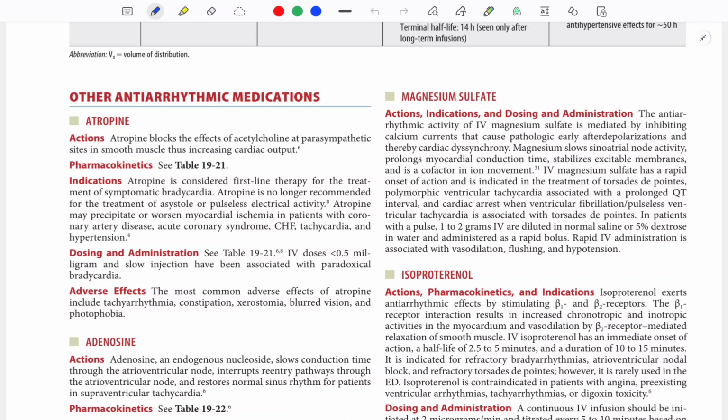Next is magnesium sulfate. Magnesium sulfate acts via inhibiting calcium current that causes pathological early afterdepolarization and causing cardiac dyssynchrony. So magnesium sulfate blocks calcium. It slows SA node activity, prolongs myocardial conduction time,